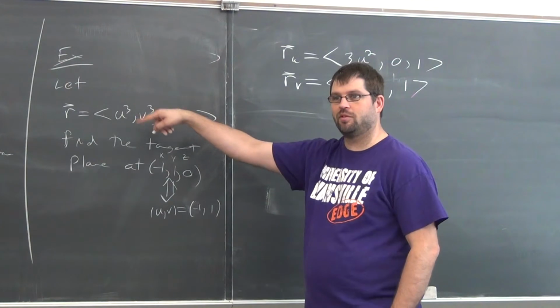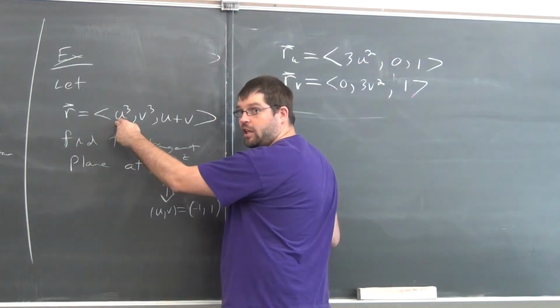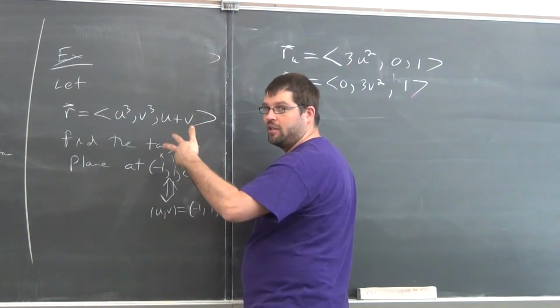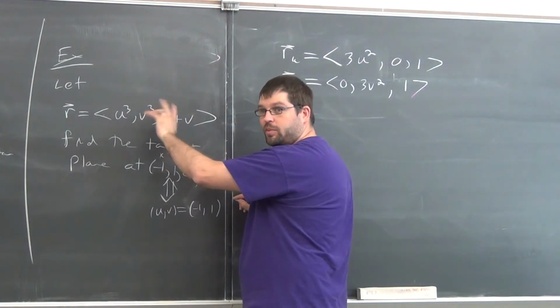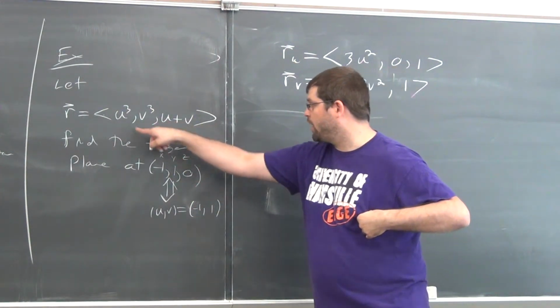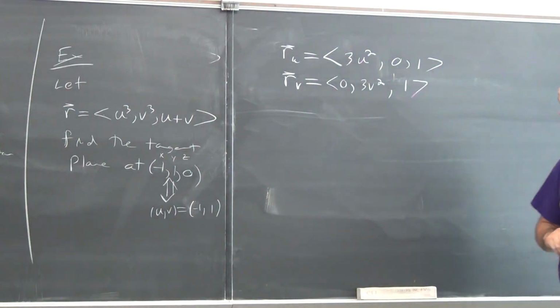Be careful, they're not necessarily just what was here. It depends on that function, but you're just saying, okay, -1 has to be u cubed, and so u is -1. You can solve it immediately. But if they were more complicated, then just be careful. You have to make sure you're finding a point that corresponds to this when you plug it into all three. So this one wasn't so bad. We came up with that, and so then our tangent